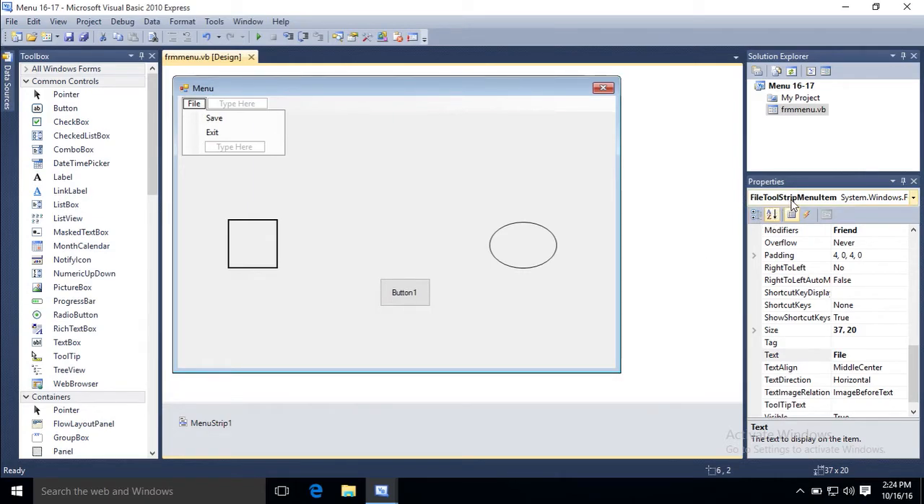Look at File, Tool, Strip, Menu Item. I can actually code this F-I-L-E word. Save, I can code it. I can change some of the properties, colors, fonts. Exit, I can change some of the fonts of the actual word. I actually want to put that strip between the two of them. So I right-click,